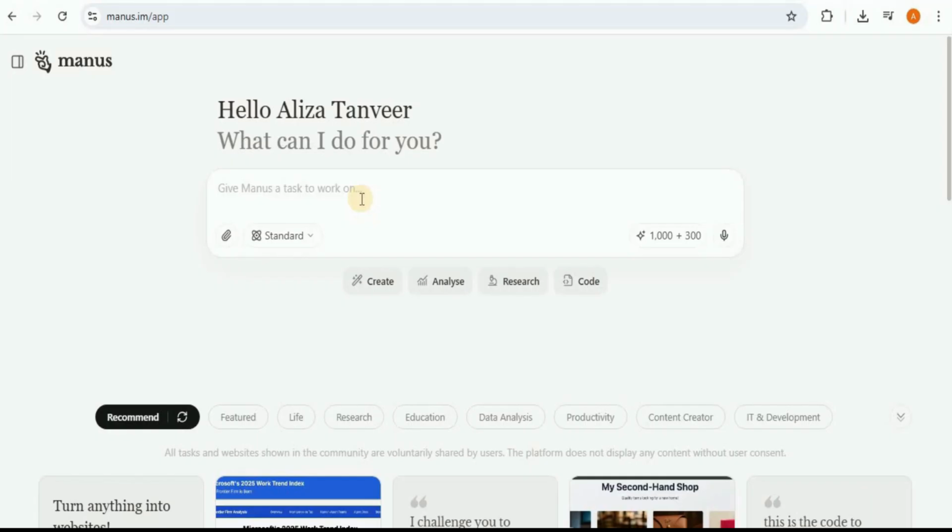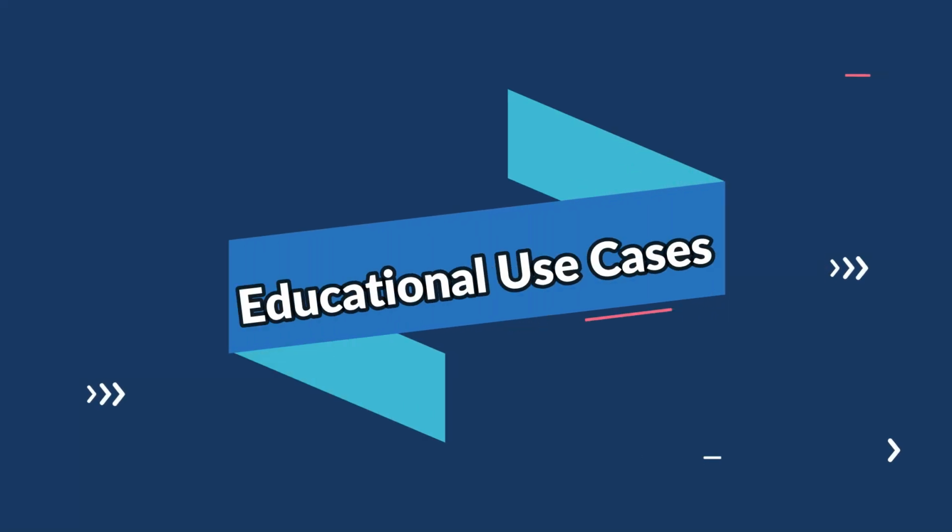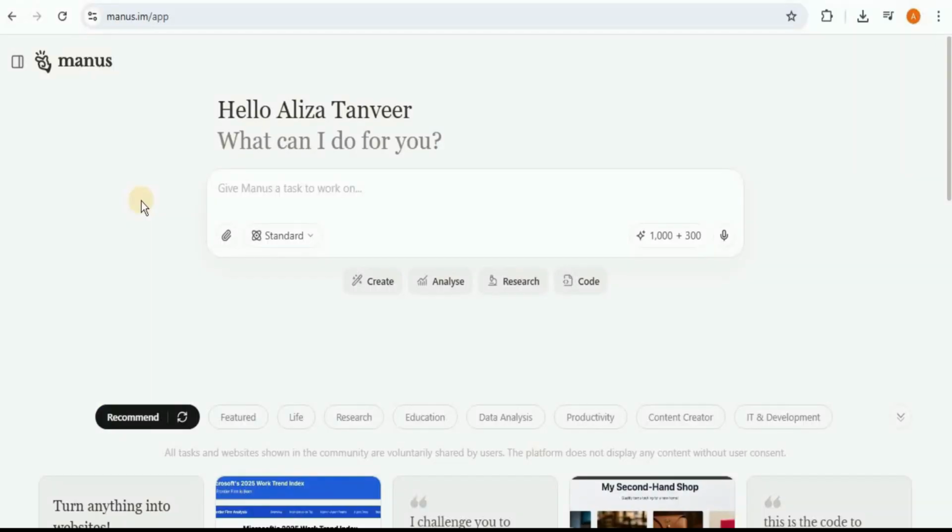So I'm going to show you a bunch of different use cases for which you can generate slides using Manus. The first one is educational use cases. You can use Manus AI to generate different types of slides for different educational purposes, like to generate slides for the complete course outline. Moreover, you can also use it to generate slides for a particular topic, etc. So let's quickly go ahead and view some of the examples for using the newly released Manus Slides for